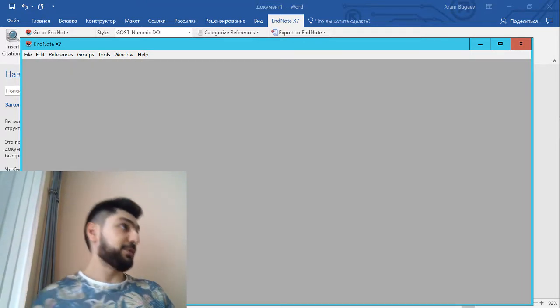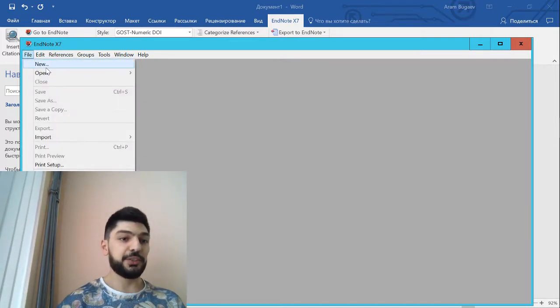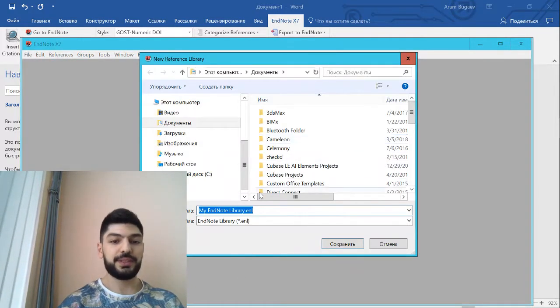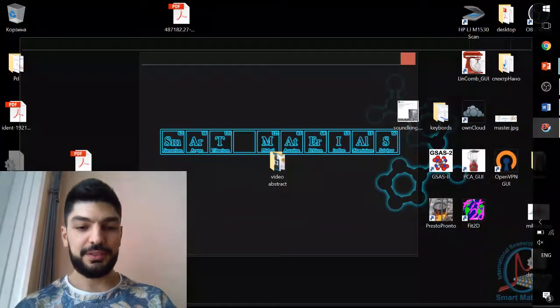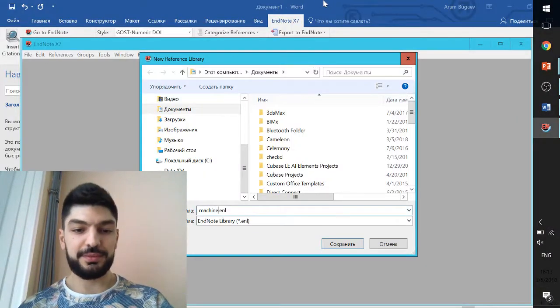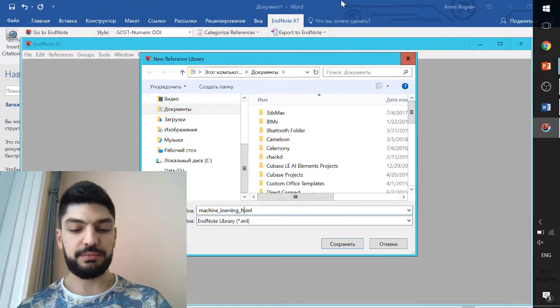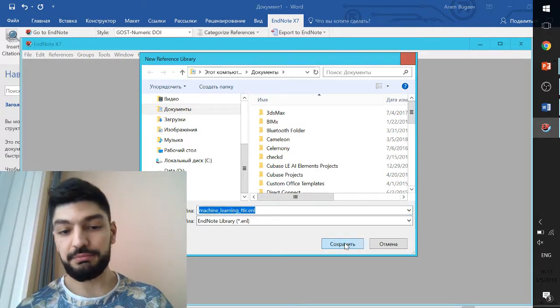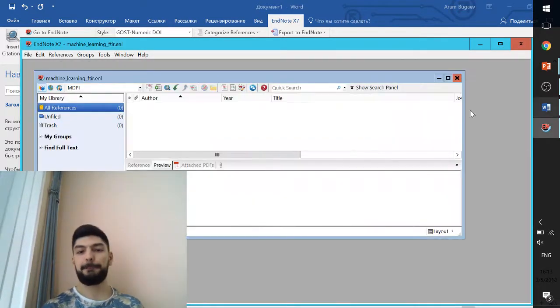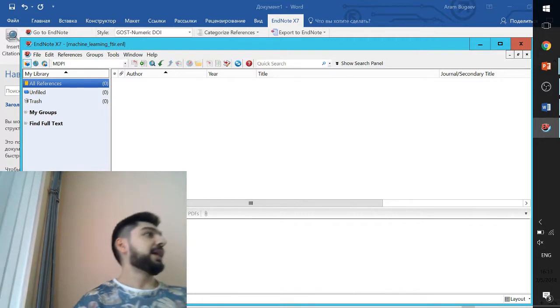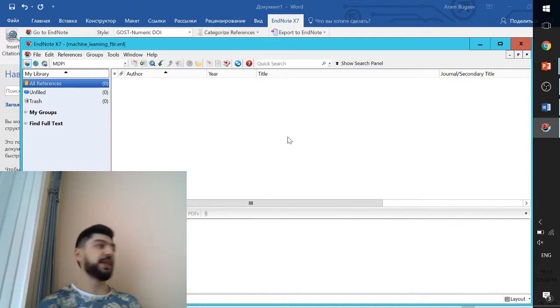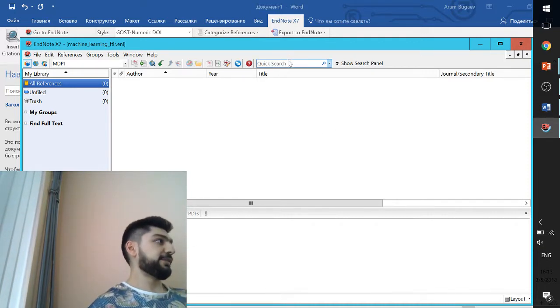And so, since it's my first time using EndNote, I'm creating a new library. Let's call it machine learning, like this. Okay, we have our library, which is so far empty, and there are different ways to fill our